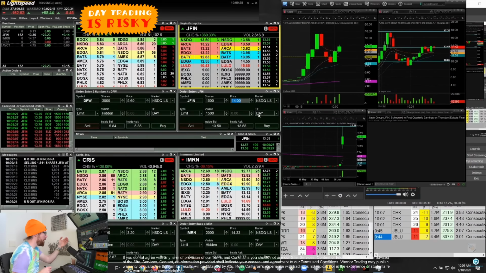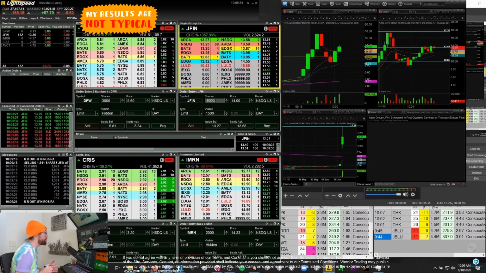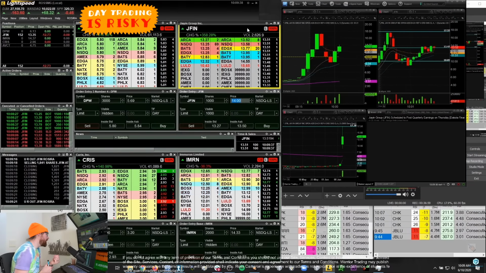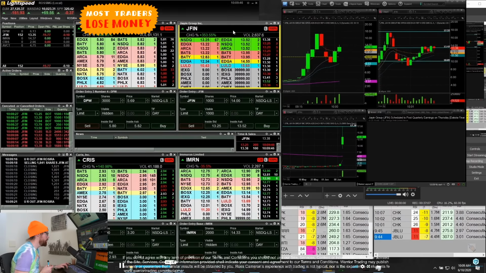So I ended up stopping out of that as it came back down at only a little bit above break even. Instead of taking profit at 13.84, I added. And as a result, I ended up with a little bit too high of a cost basis with a little bit too many shares, and I had to sell break even as it came back down. So now we've come back down,